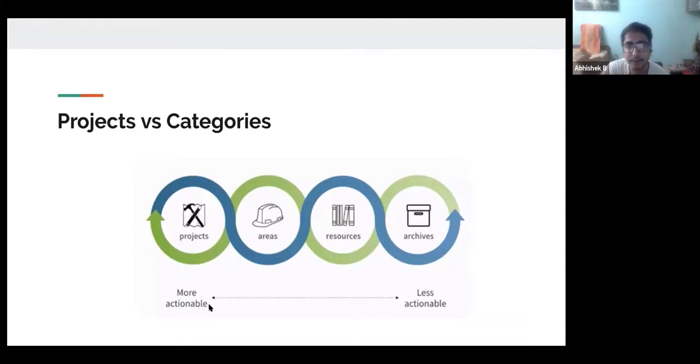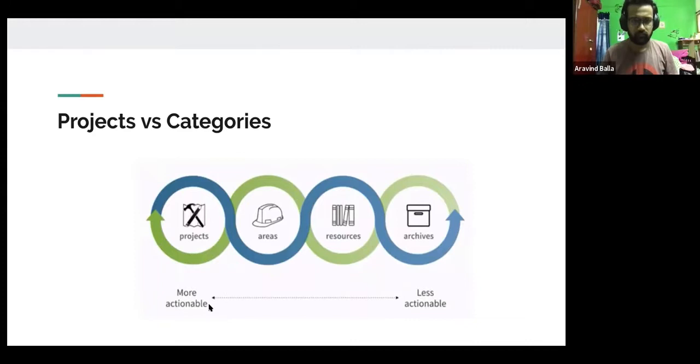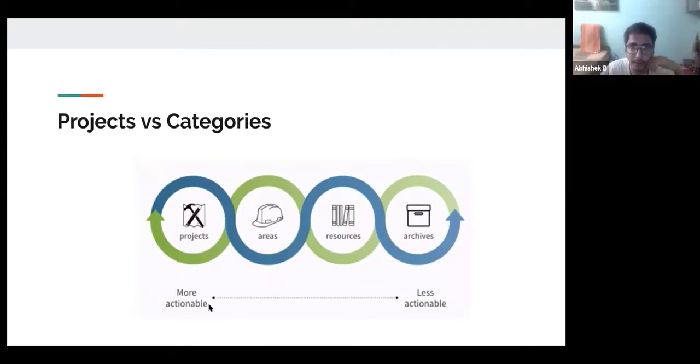A library uses a lot of categories, because essentially that's the way you are able to find out which book you want to read, or which particular resource to look into, if you want to dive into a particular category. But when it comes to measuring the productivity of a knowledge worker, our unit of productivity is more of projects.